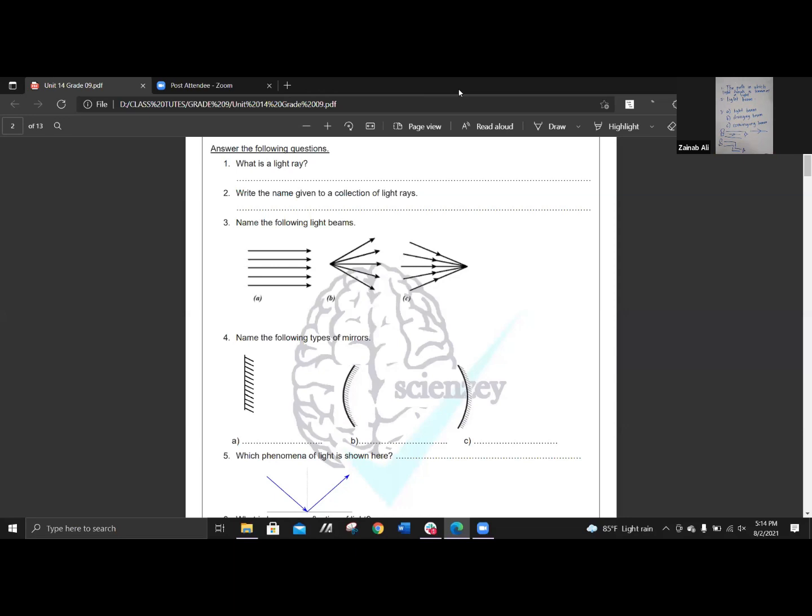We have answered the first three questions. And you can answer the fourth question because you have already studied that in your previous grades. In the fourth question, what is A? You can send it through the chat box, students. What is A? Yes, very good. A is going to be the plane mirror.